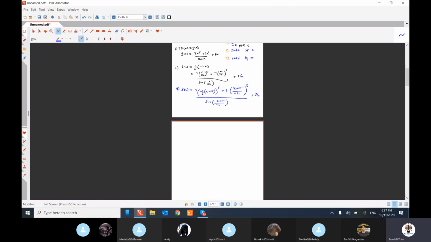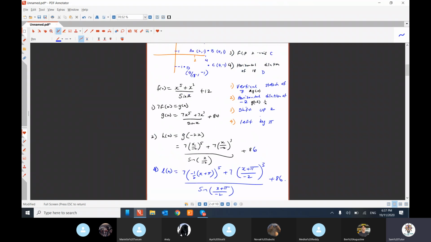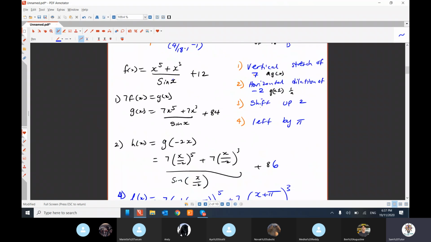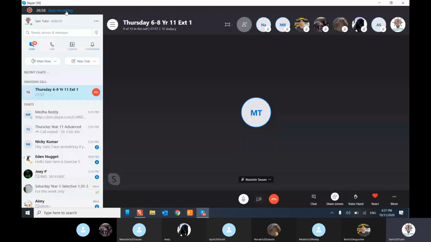Yeah, well, look, it's a really bad function because it's divided by a trig, and trig is an oscillating function. And the other one is an infinite function. So we'll plug it in and see what